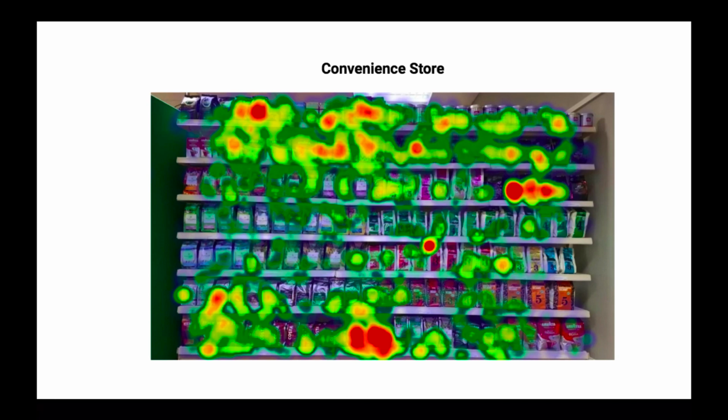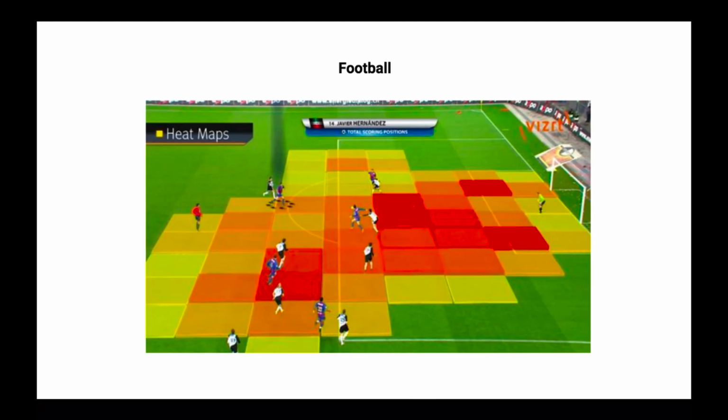So take a look at this heat map here from a supermarket. Thanks to this experiment, you will notice that all the inexpensive products are on the bottom shelf and the expensive ones, probably the ones you don't even need, are on the top. So maybe next time you walk into your nearest store, you'll keep this in mind and go straight for the bottom shelves. Heat maps are even used in sports.